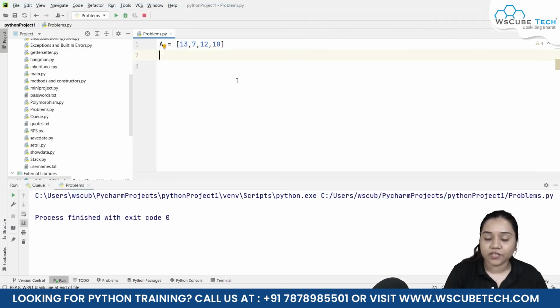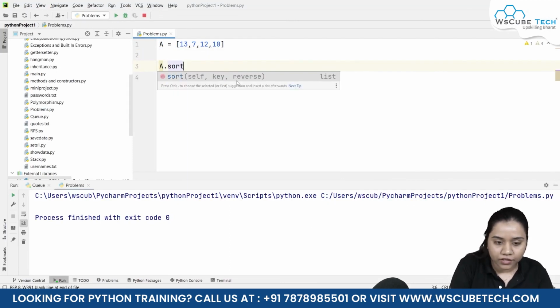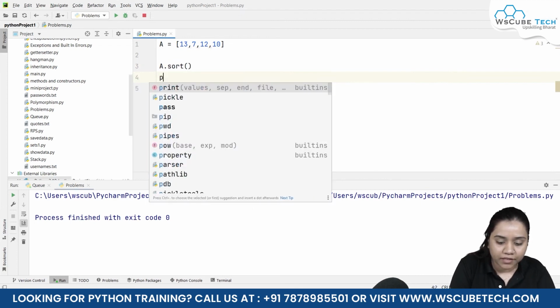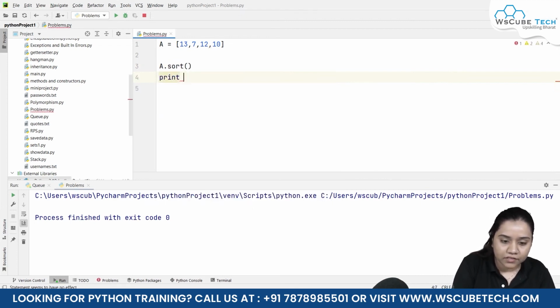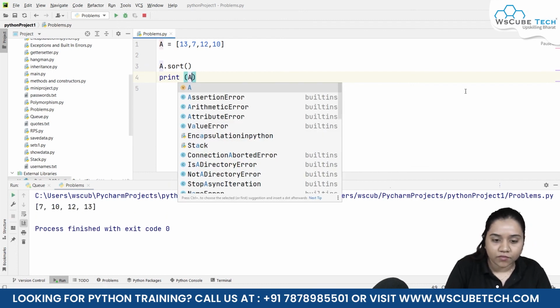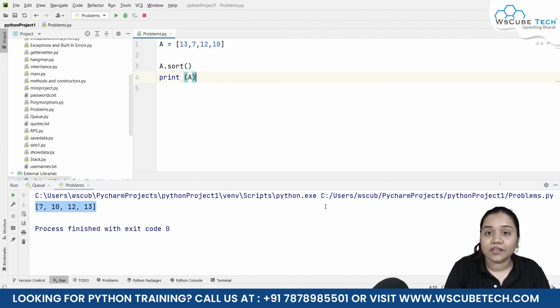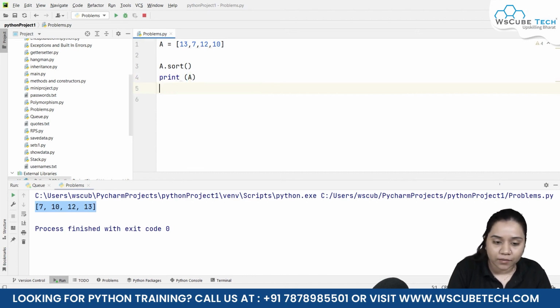So let's try it with the Python program as well. Here I will be writing a.sort, and after this I'll be printing my a. So if I print a over here and run it, it will give me an output of a list which looks like this. So it has been arranged into an ascending order. Now we clearly know that the last element would be our largest number, the greatest number over here,